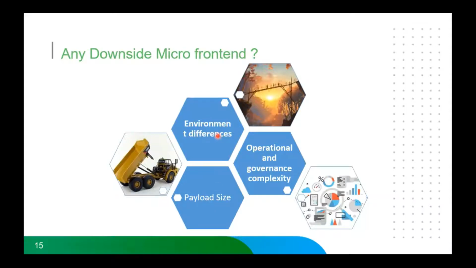Environmental difference: there might be a chance that for a particular application you may have Ember, Vue, React, or Angular, a set of four, right? And you may face that a particular thing is supporting a feature and another doesn't have it. So we also need to tackle the environmental difference. Other than that, microservice architecture has its own limitation, which is governance and operational limitation, which we understand pretty well. So I'm not going to extend this anymore.